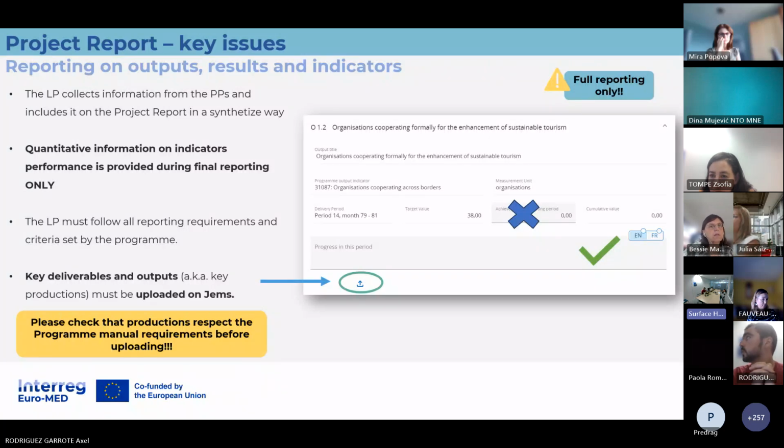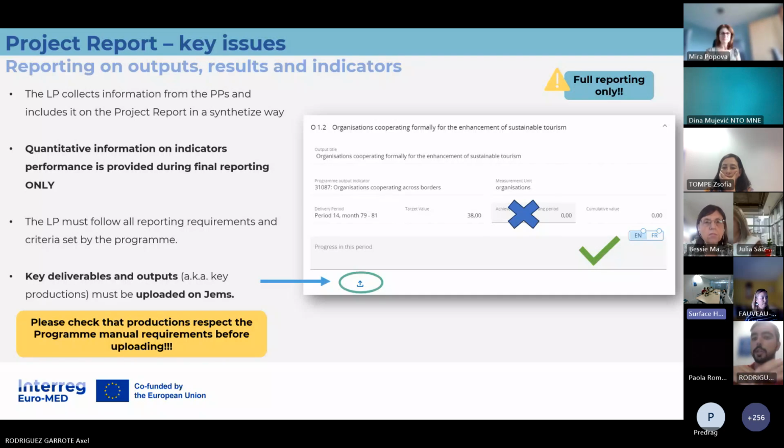So during the full reporting, if it's not the last reporting of the project, you only have to provide a description in this field that says progress in this period. No numbers till the last period, till the very end. That is when we will report all the indicators. So please, only a description.